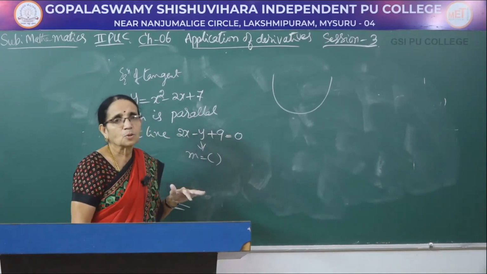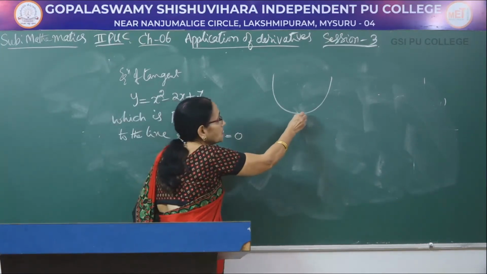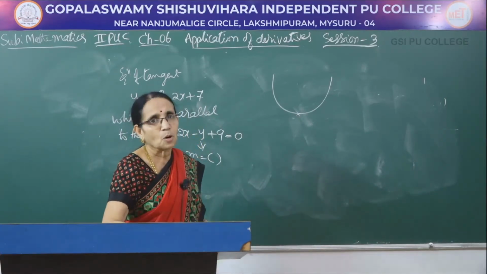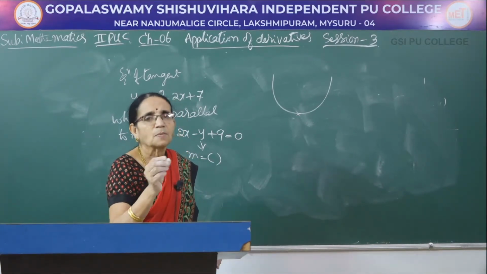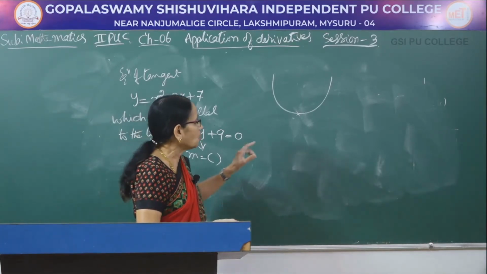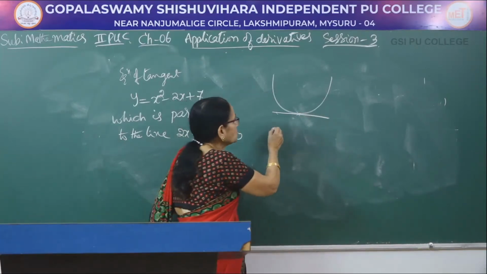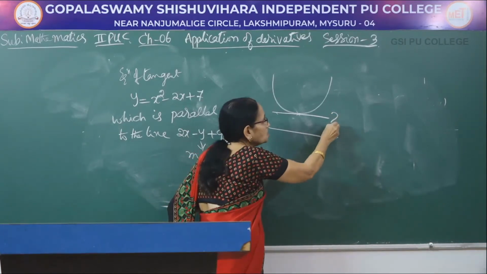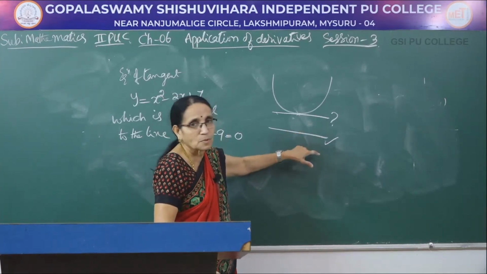Now, apart from slope, we need one more thing. What is that? The point. At which point has the tangent been drawn? See, in the earlier problems, I was calculating only the point on the curve at which the tangent was drawn, given some particular condition. Here, I want to get the equation of this tangent also. Now, this is parallel to some line. So, the equation of this is given, the equation of this has to be calculated. These two will have the same slope.